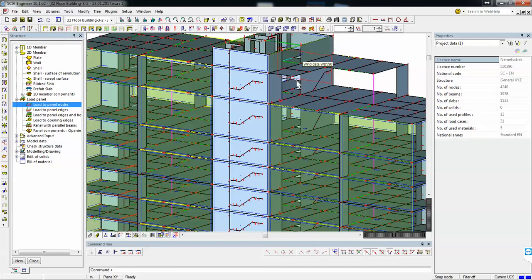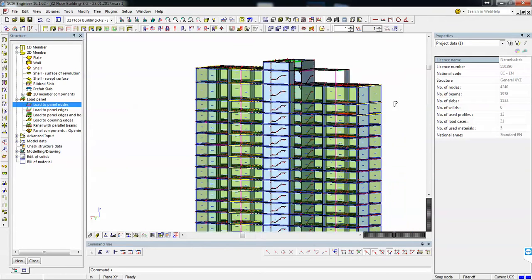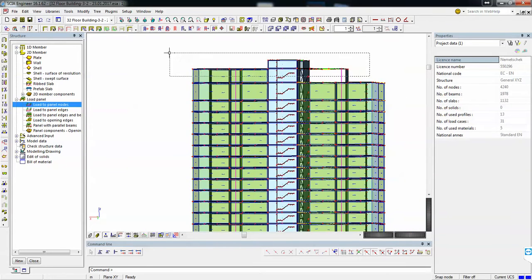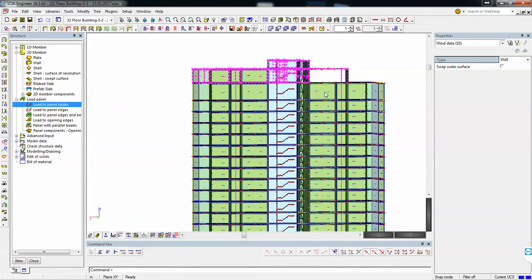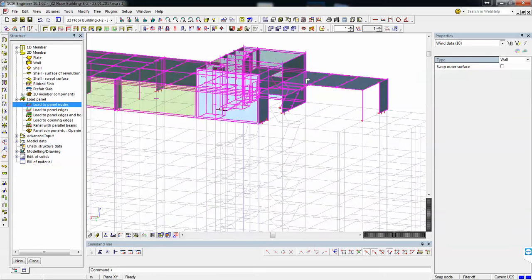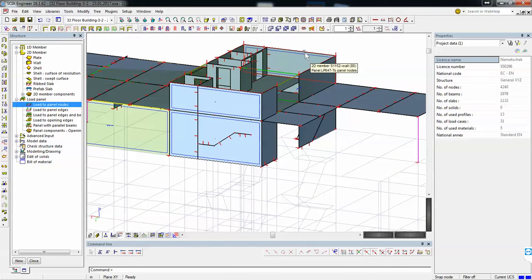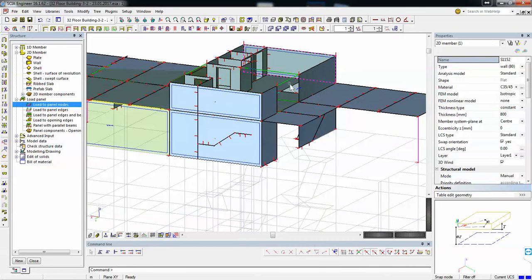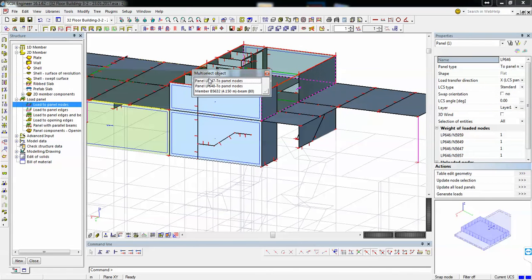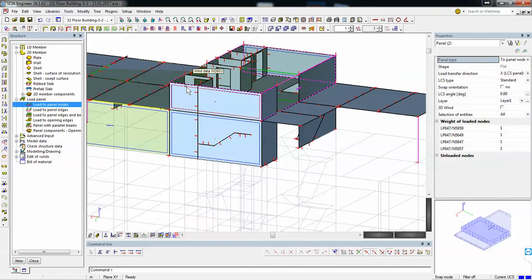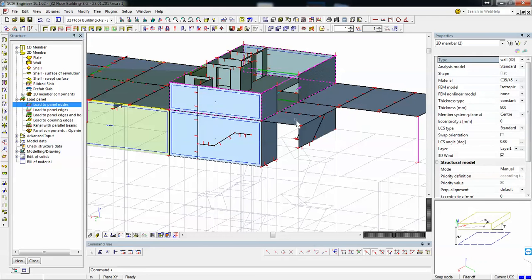So we'll select only the last level. I have to remove these panels and only place them for the closings.